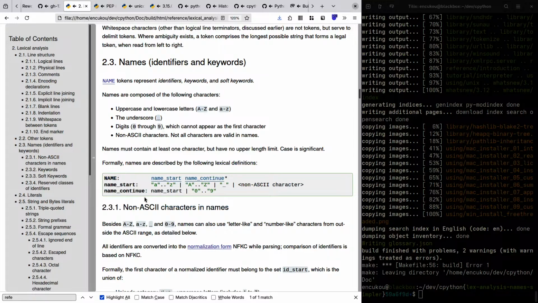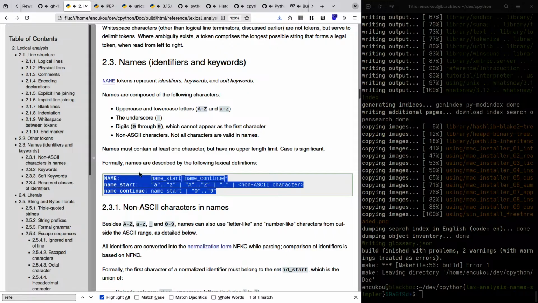And so this would be the lexical definition for names. You have name start, name continue. Name start is letters, underscore, non-ASCII characters, and name continue is the same thing and numbers as well. And then have a section for non-ASCII characters and names which says what is valid and what is not. And that doesn't really need a formal lexical definition anymore.